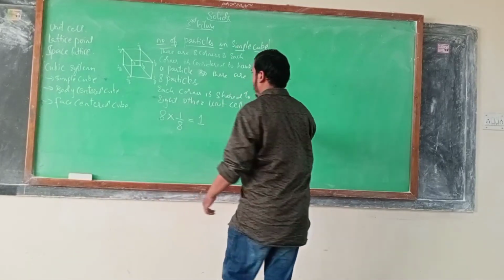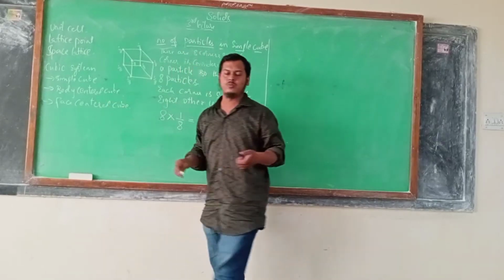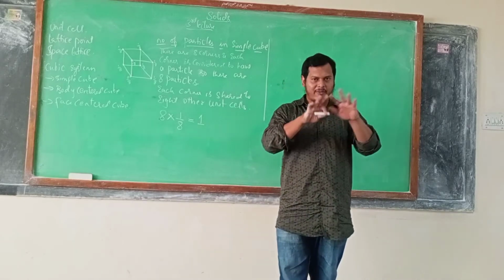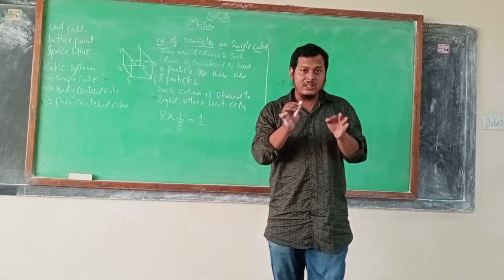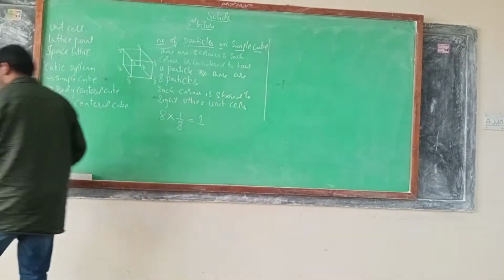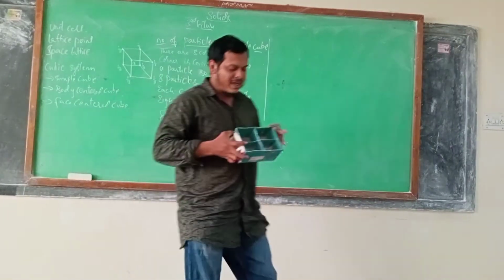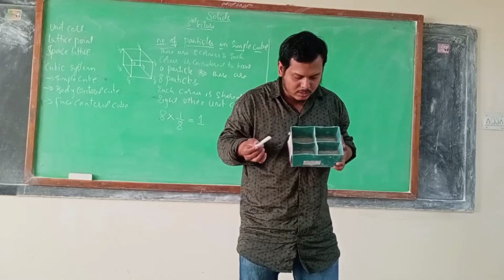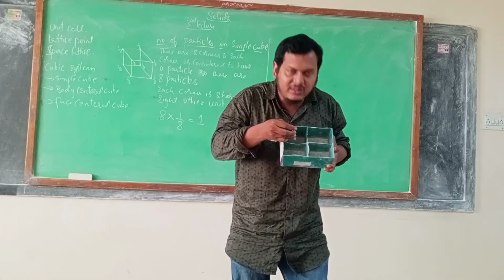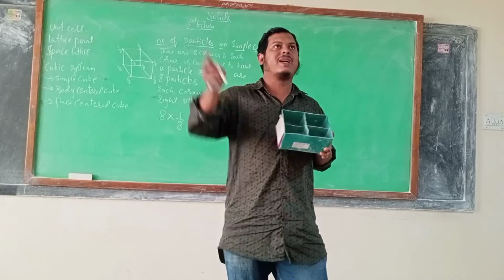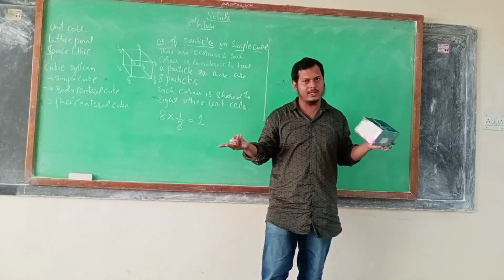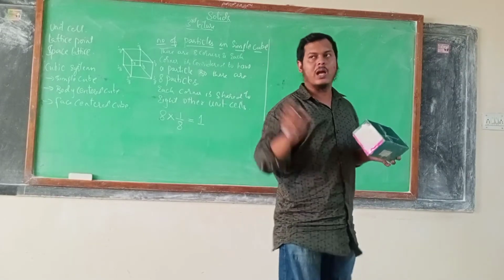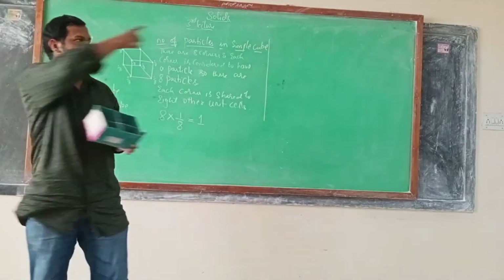Next, when you talk about the body centered cube, first of all, you should understand what body centered means. Body centered means I have one cube, and I will take this box to explain, then it will be better. Imagine in this box I have 4 cubes, right? So this is 1 cube, correct? Now I have 1 particle in the center of this box. Imagine this glass is similar to a cube. This is one complete box. Imagine 1 atom is at the center and 1 atom at each corner.